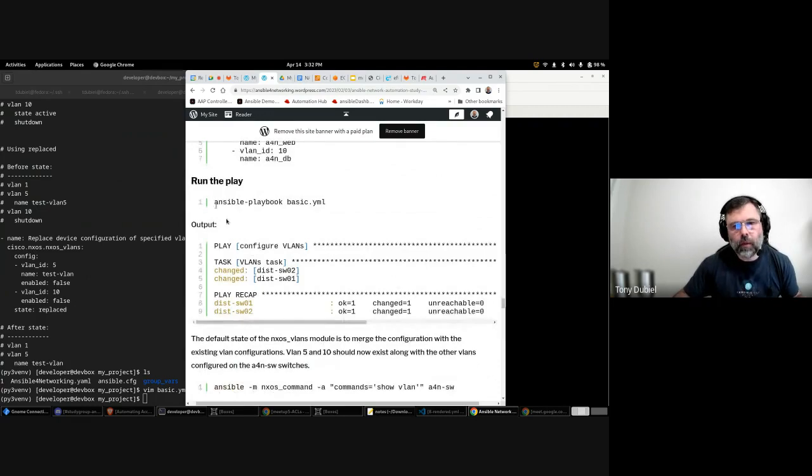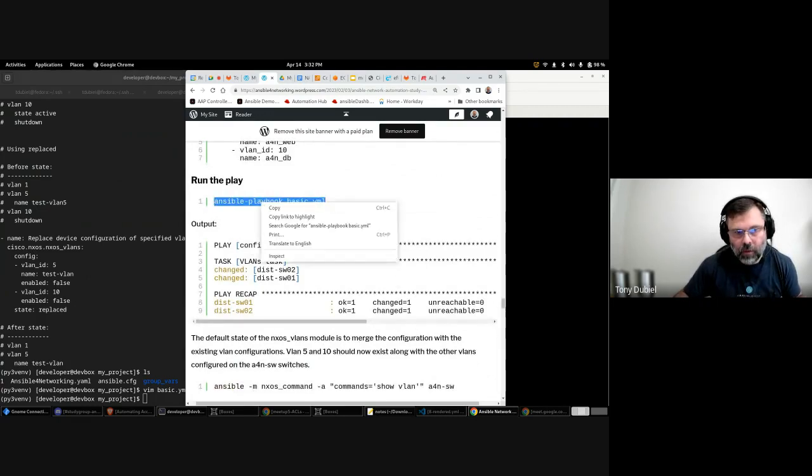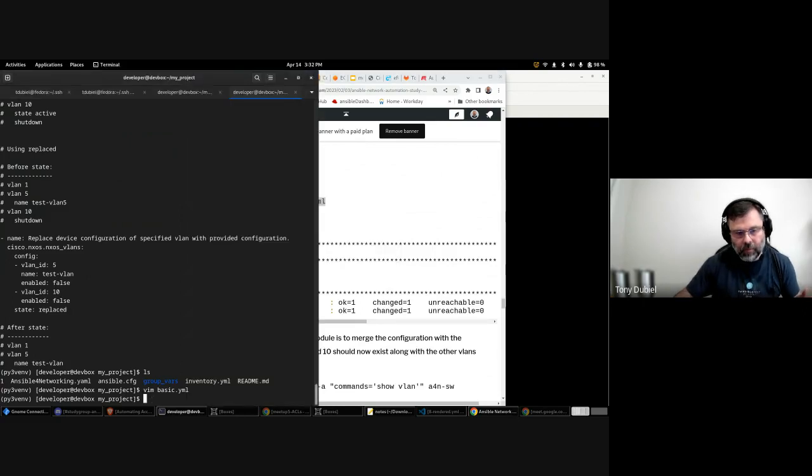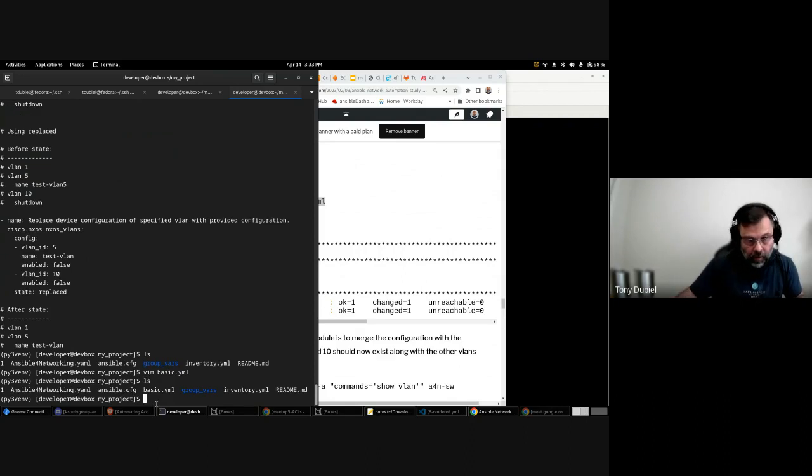Now to run a playbook the way that we're doing it, we're not using the Ansible Navigator here. We are using ansible-playbook. In the current environment, in the cert uses ansible-playbook. The newer one will use the Ansible Navigator. So we'll start to look at that. So in here, we have our playbook saved. So I should be able to run ansible-playbook,